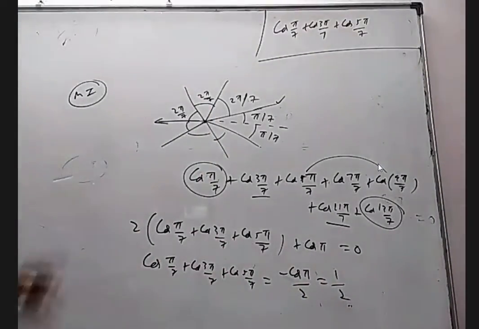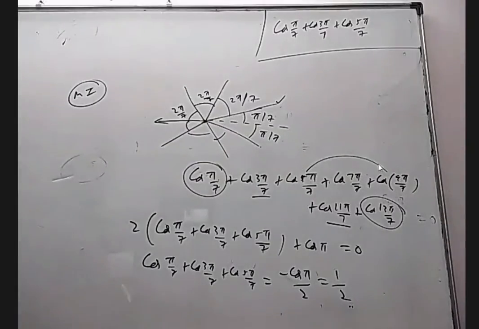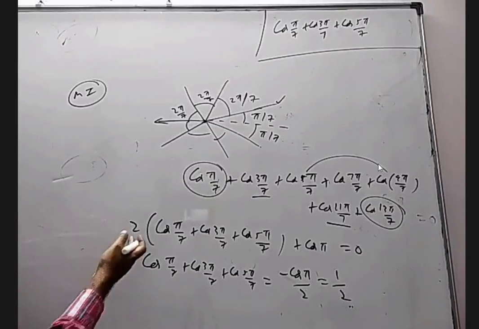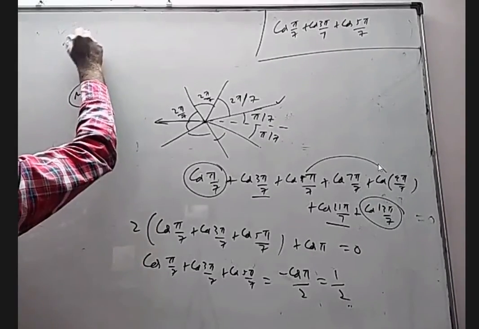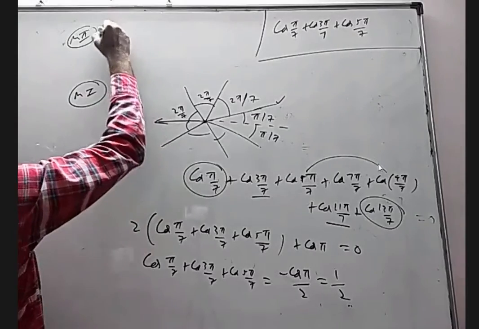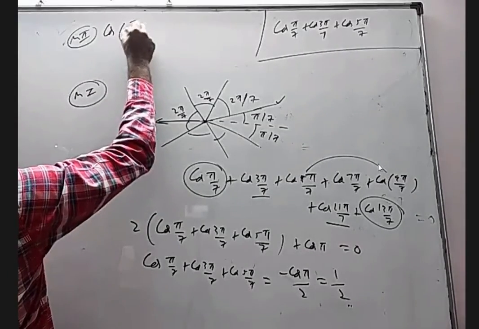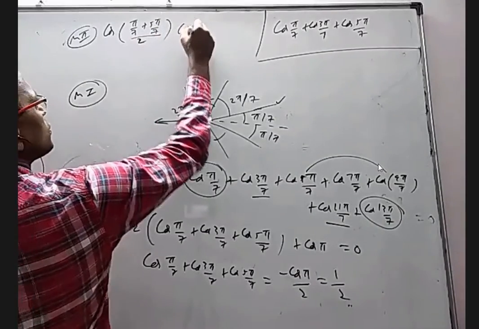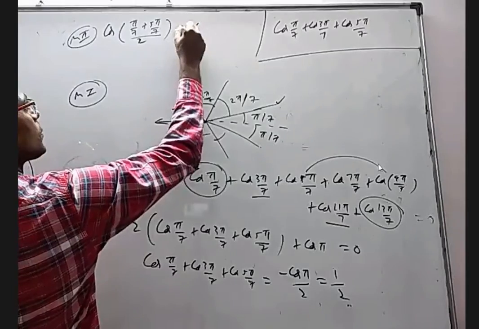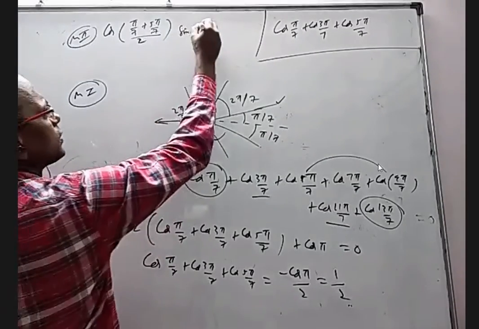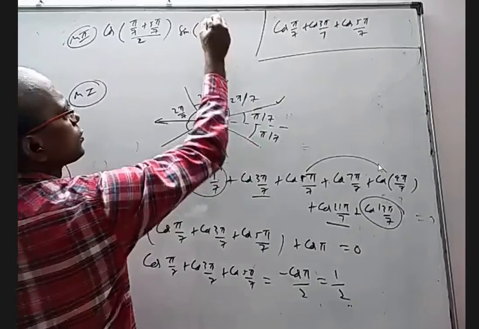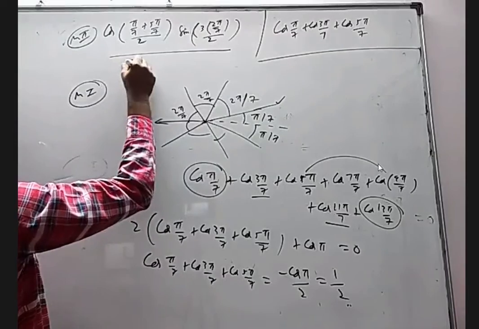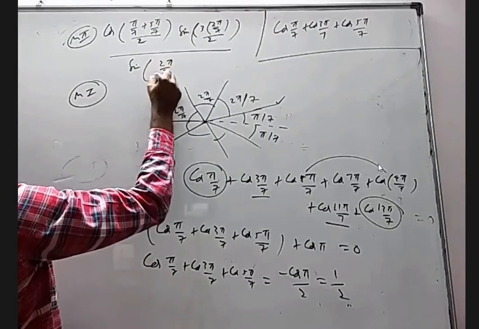You don't have to do all this. There is a direct formula. I just want to give this approach also, how you can do this question or how the question is made up. Otherwise, according to your formula, it will be cos of first plus last angle by 2, that is 5 pi by 7 plus pi by 7 by 2, into sine of 3 times 2 pi by 7 by 2, where the common difference is 2 pi by 7, divided by sine 2 pi by 7 by 2.